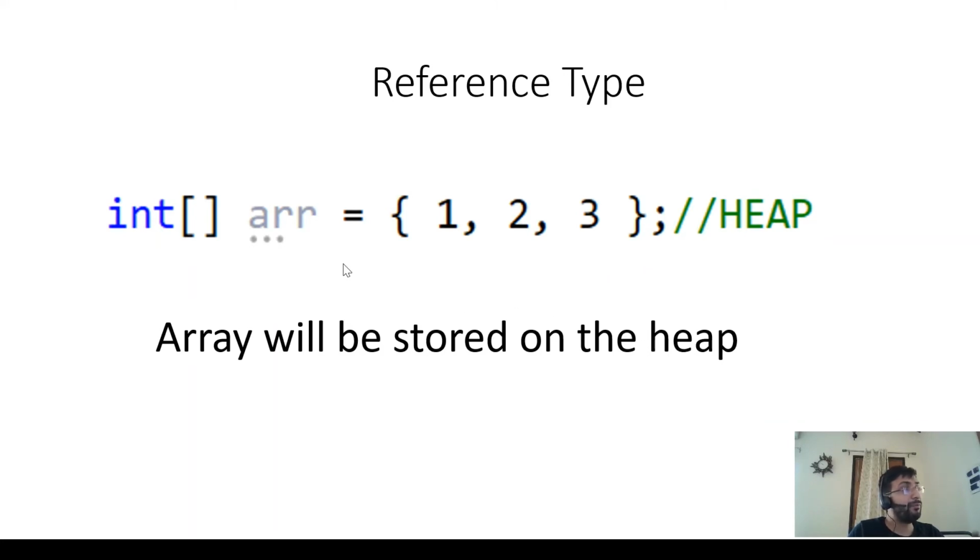One last important thing before we go into code and see how exactly this works. Array, where will it be stored? It will go on a heap. Even though we say integer array, it doesn't mean that because integer is a value type, it will go on a stack. No, it will go on a heap. This is also very important. The interviewer will ask you for sure where exactly an integer array will be stored, and your answer should be that it will be stored on a heap. It's of an array type. It is not important whether it is of integer or bool. If it is an array, directly say it goes on a heap.